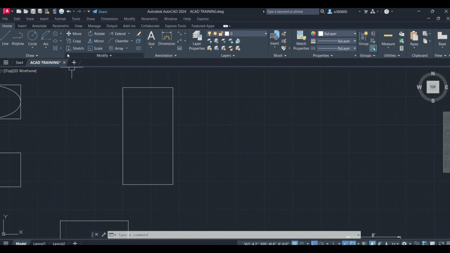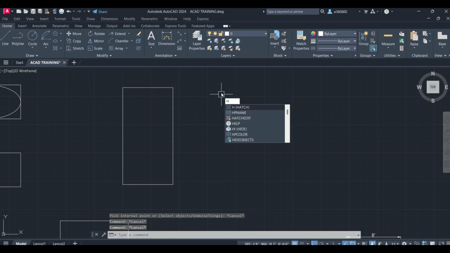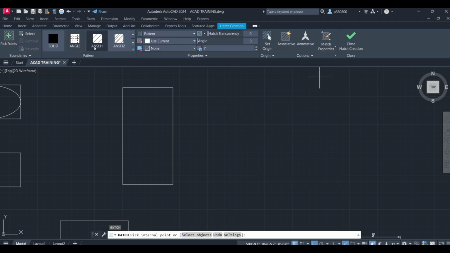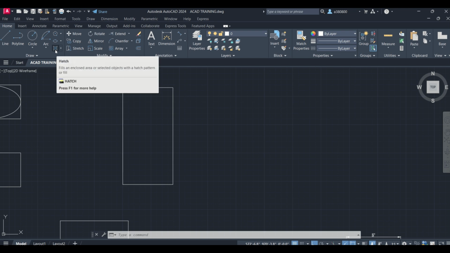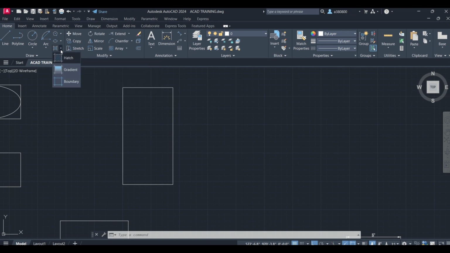And over here one thing is there, the hatch command. Either you can go from there or simply press H, enter, and you will be in the hatch. There are so many things in hatch, so I will make a separate video for the hatch because it will become lengthy. Hatch, gradient, boundary. Okay, three things are there. I don't want to mix this one into this one. So in the next video I will cover the hatch command, gradient, boundary,